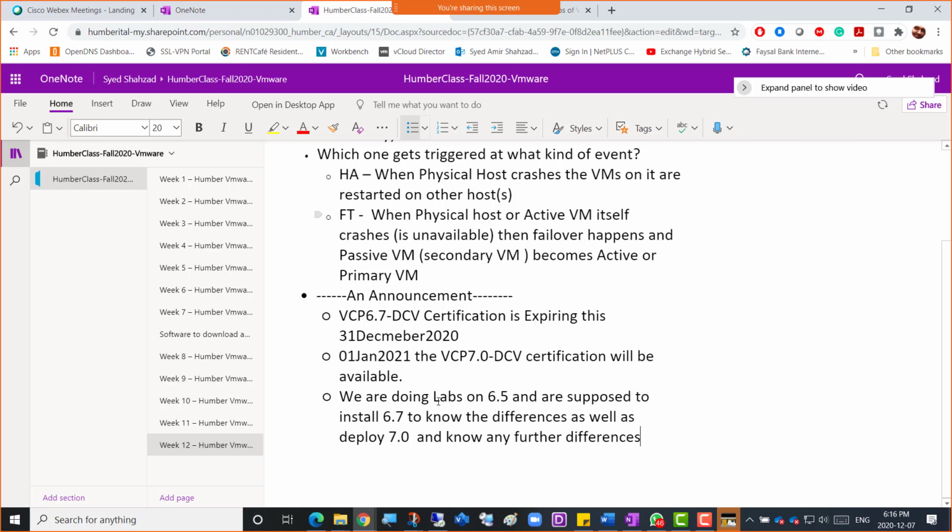So what's going on here is that we're doing labs on 6.5 and are supposed to install 6.7 to know the differences.